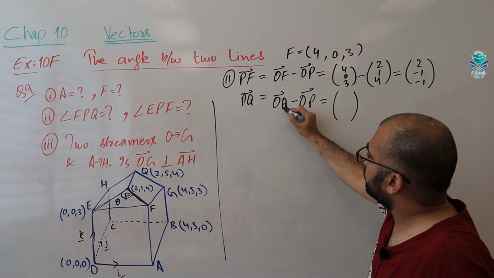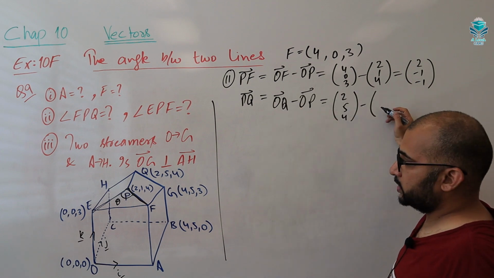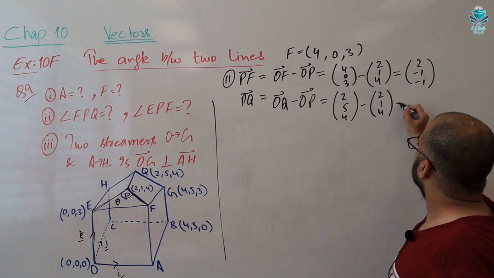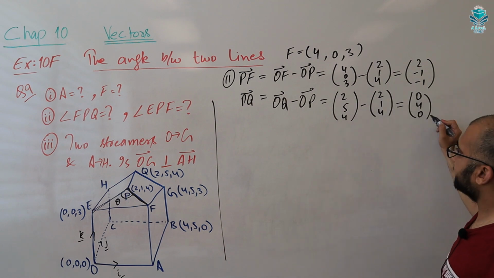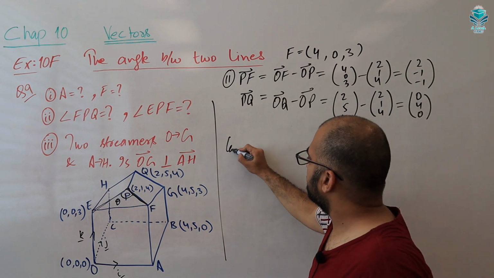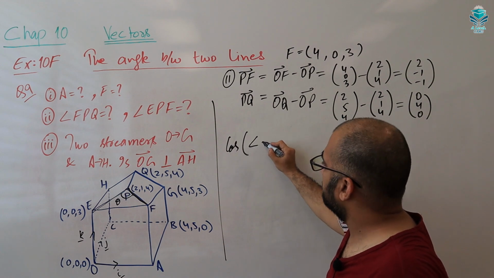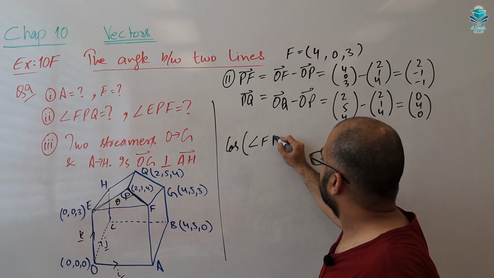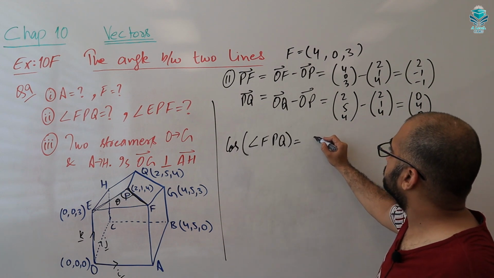What is Q? What is P? So to find angle FPQ